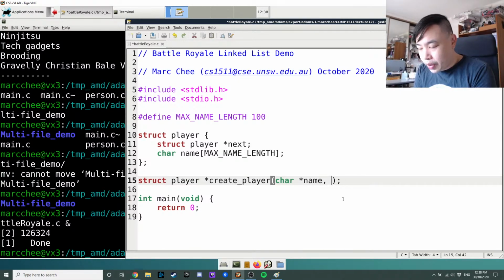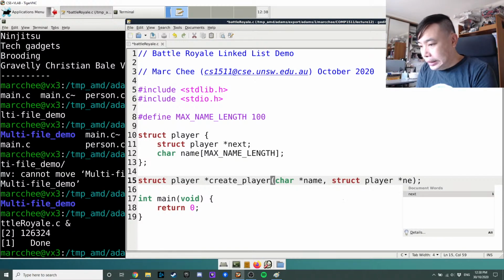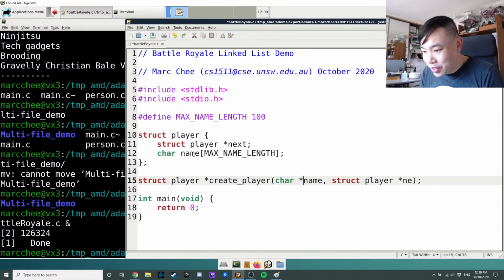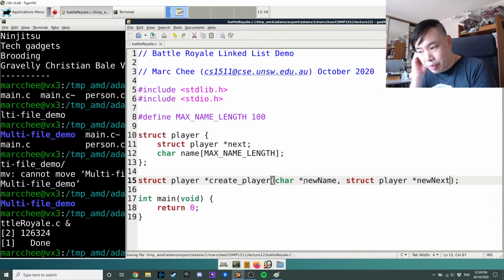Then I am going to take a pointer, which is a player pointer. I wanted to call it next. I want to call these name and next, but I'm going to get myself confused because they're the same name that's in there. So what I'm going to do is go this. So this will just help me when I'm actually making this function to know which one's the new one that I'm putting in and which one's the old, well, not old one, the created one that's in there. I'm going to copy that,